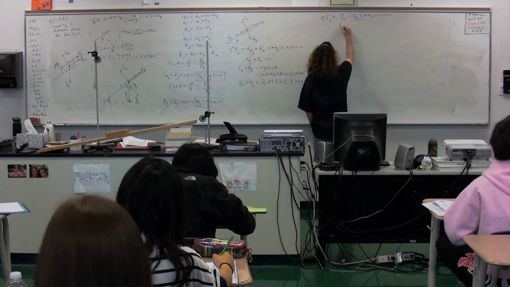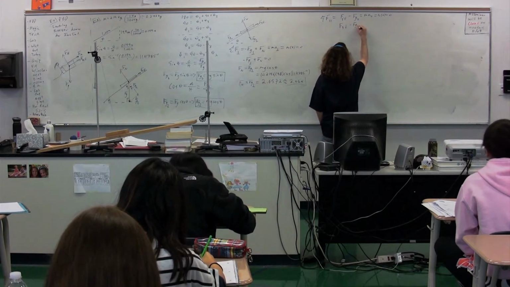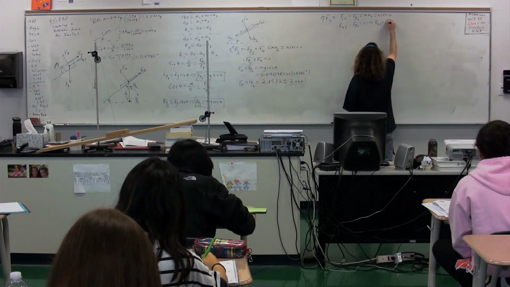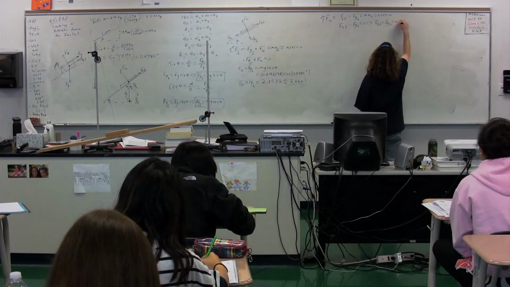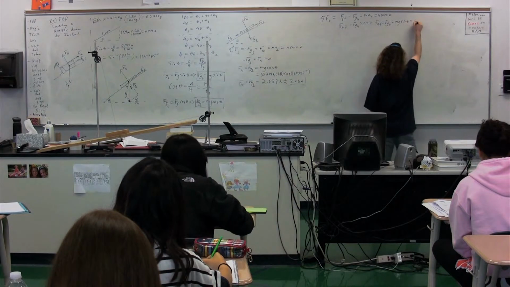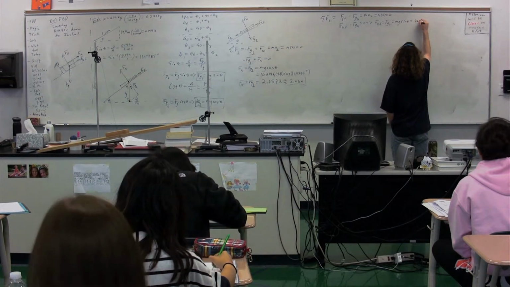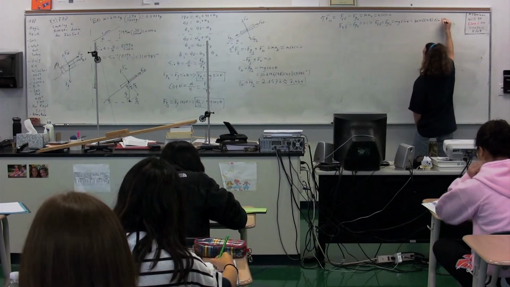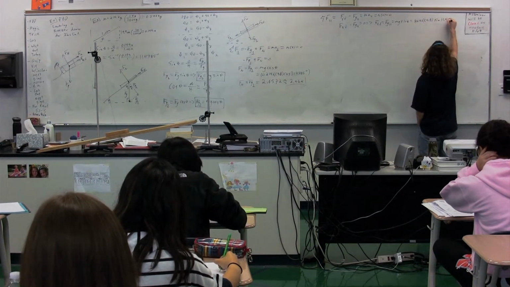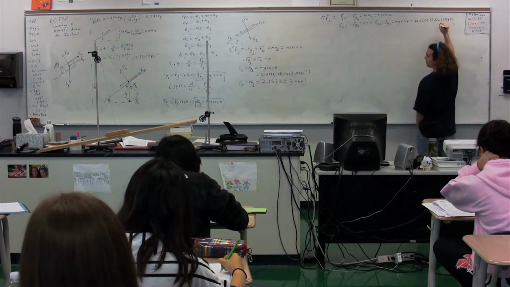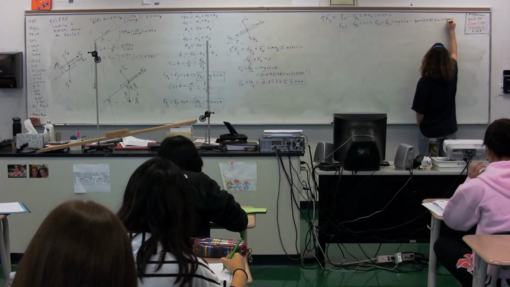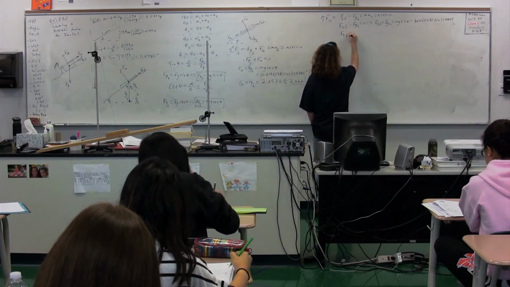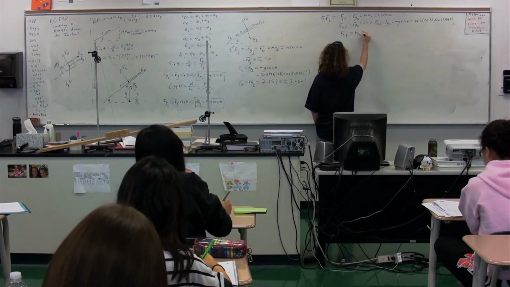So we get that the force of static friction minus the force of gravity parallel equals 0. Therefore, the force of static friction is equal to the force of gravity parallel, which equals mg sine theta. We have numbers for all that. 0.2142 times 9.8 times the sine of our angle, which was 11.4785 degrees. The force of static friction is the same in magnitude as the force of gravity parallel, which equals